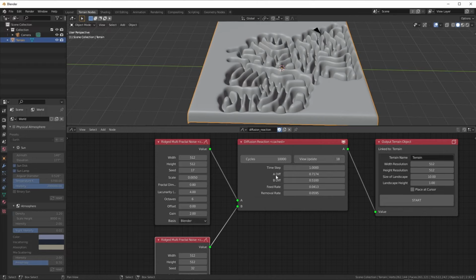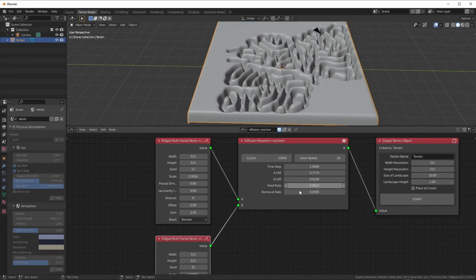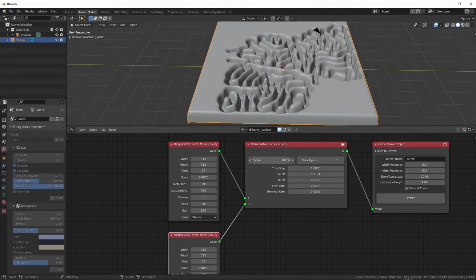A diffusion is the diffusion of the A chemical, how quickly it spreads, and B diffusion is how quickly chemical B spreads. Feed rate is feeding the chemical A, so you add more and more of chemical A, and removal rate is how quickly you remove chemical B, because chemical B eats chemical A to create more of B, or something like that. I didn't come up with this formula. So if I run this,